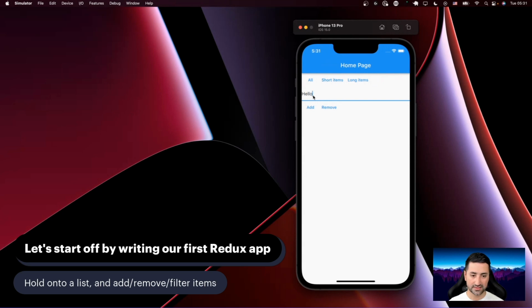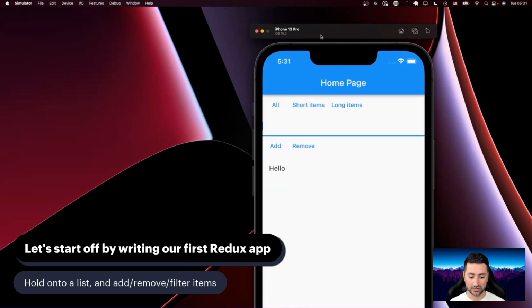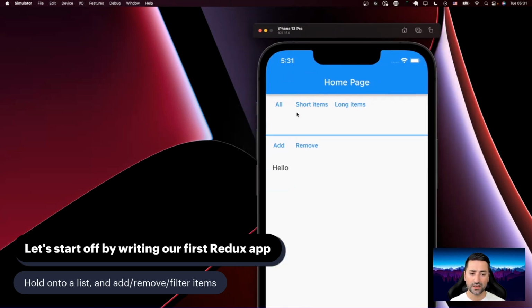So if I, for instance, here write hello and tap the add button, the text field gets cleared and that item then gets added to a list that is right here. I can make the screen bigger so you can see it better. If I then go ahead and add world in here and then tap add and say Redux as well,